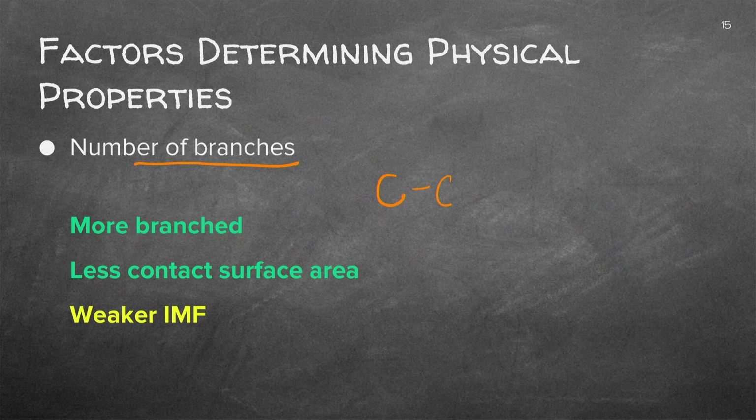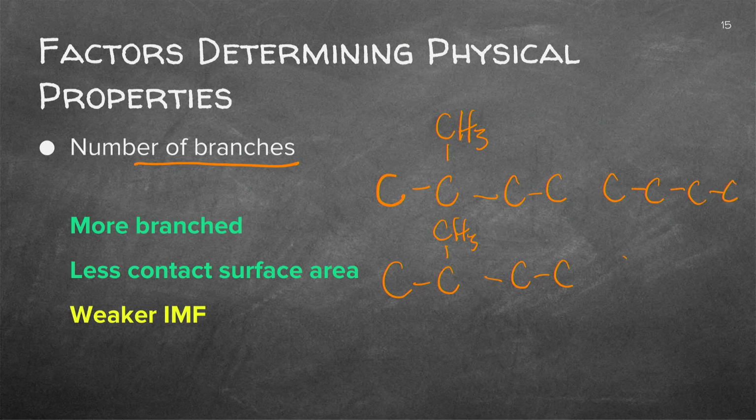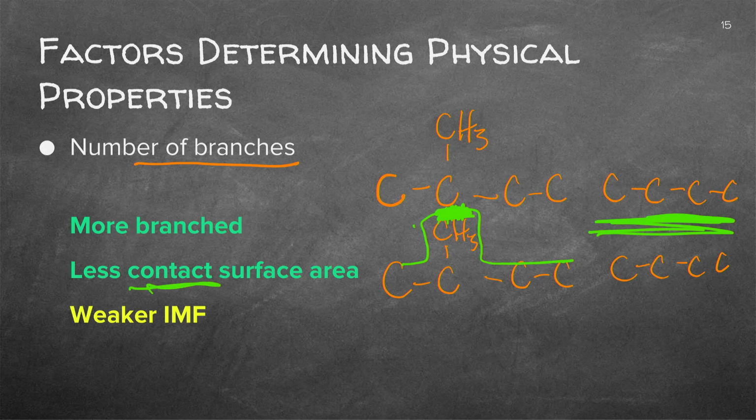The second factor, the number of branches. If I've got one with just one branch there, it will obviously be different to one with no branch. Just have a look there. And again, you'll have to see it as glue. Can you see here? That one there has got that, and here I've got glue there. So the surface area there has less contact than this whole one here. So it's weaker if you've got branches on them.